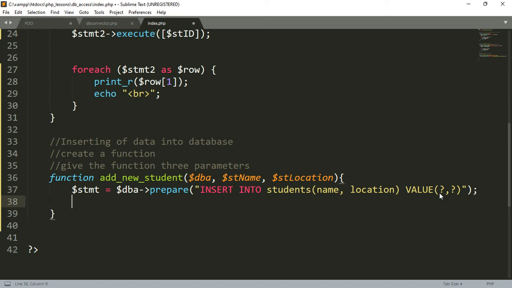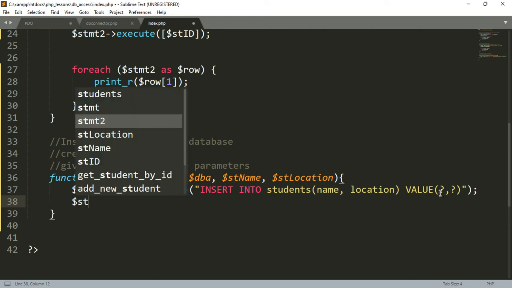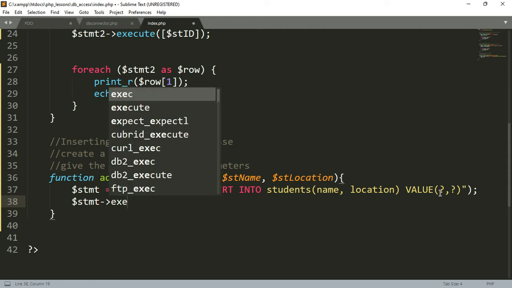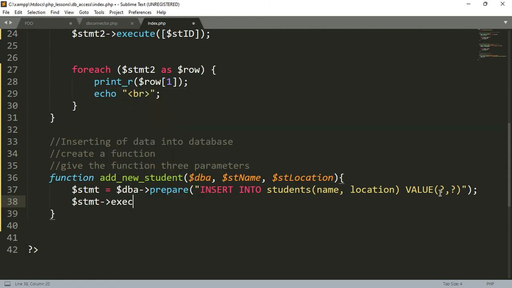So we cross this one and we come here, we say st statement execute. In here is where we now pass our two arguments,